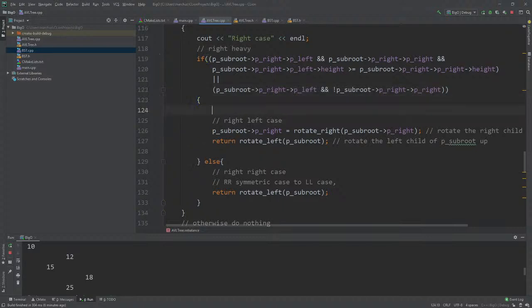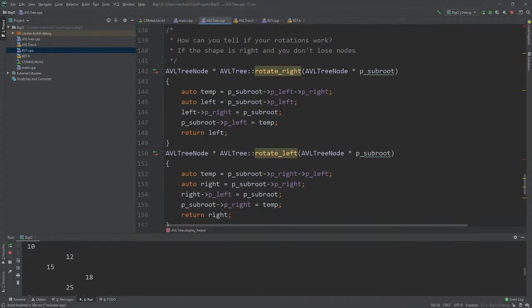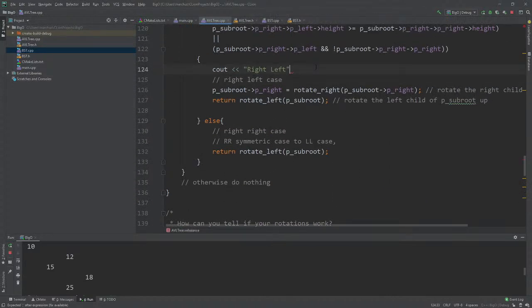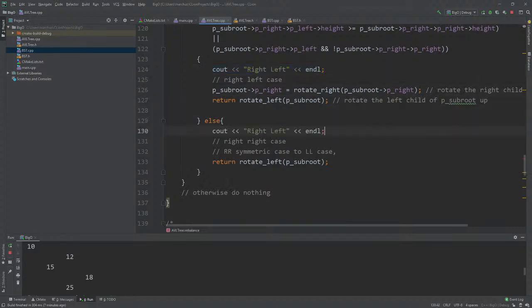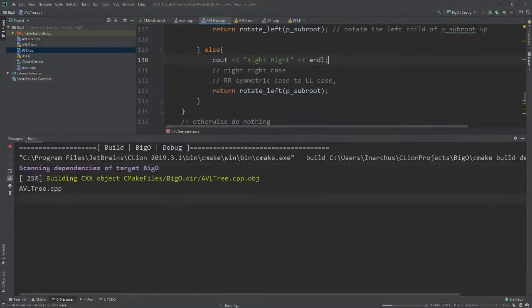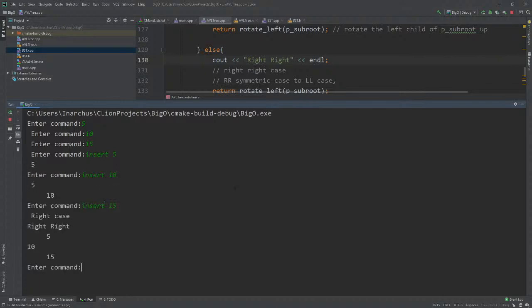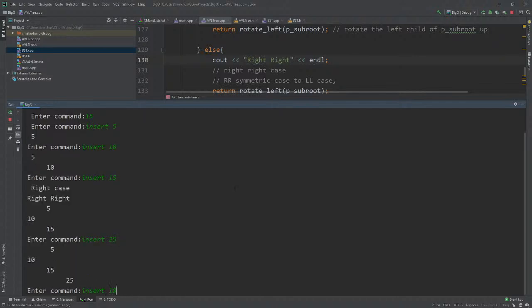So why didn't it execute that rotation? Whoops. What have I done? Where have I gone? Okay, so let's do this again, and it's not a terrible waste of time just to show some debugging. We'll go on to red black if I can't get this in the next few minutes. I'll probably fix it up after class. Oh wait, insert 5, insert 10, insert 15. I forgot about the insert. I think I made it 25, right? And then I inserted 18, and then I